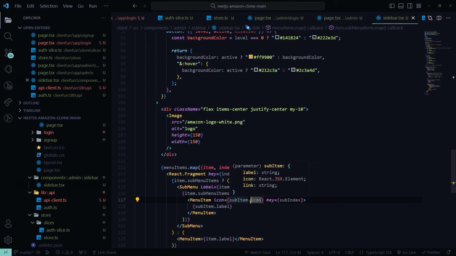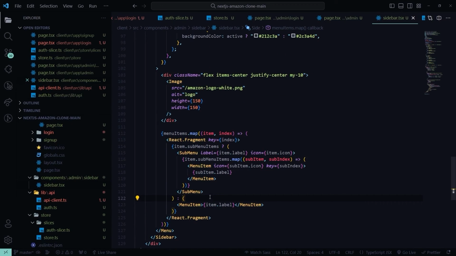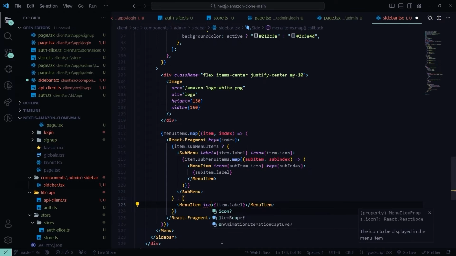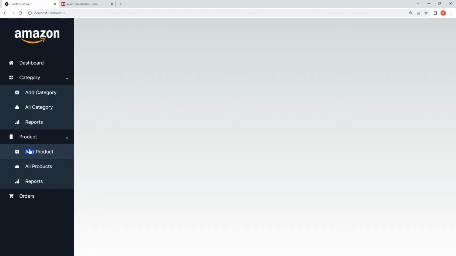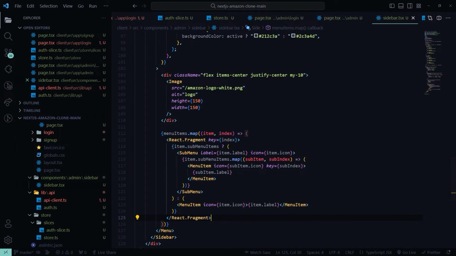Now we have to do one thing to check if this is active and handle the on-click events for them. We'll do that afterwards. First, this menu item is going to have an icon as well. So icon is going to be item dot icon, and we have the icons. Now on click of this, we want to navigate to that page, and if that page is active, we need to show it here. So what we are going to do is